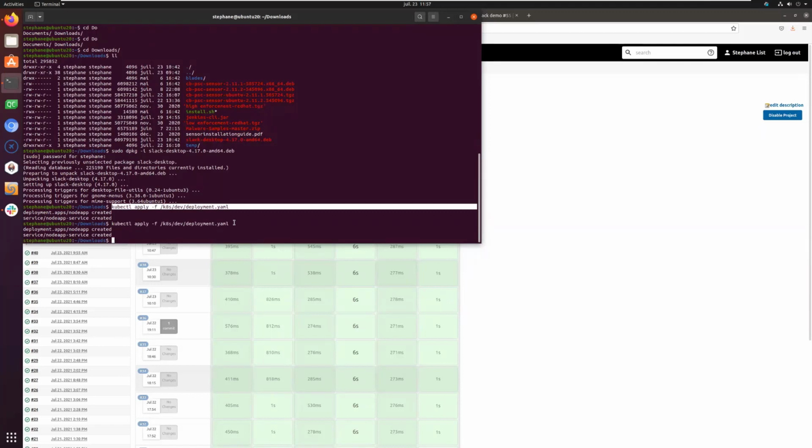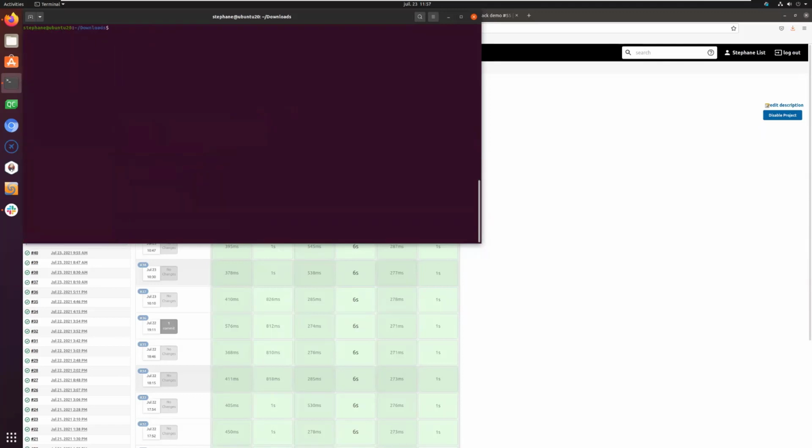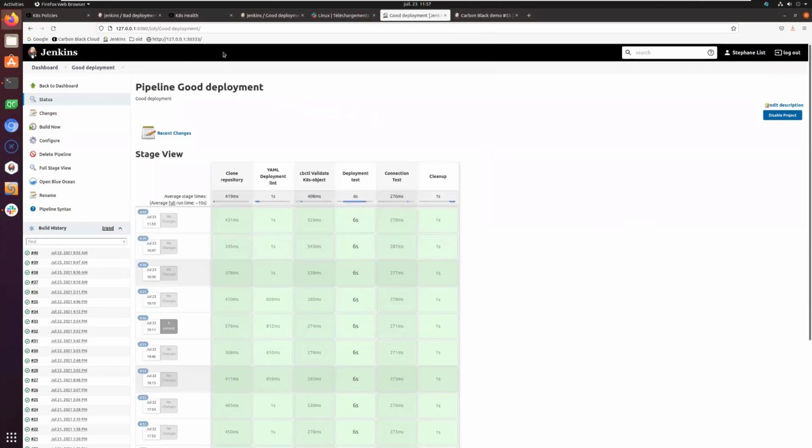And what we can do also is, sorry, where is it? Just 1 second. So I have deployed my image. I can see the result here. So hello from Node.js. So my container image is running. If I list the pod, get, I can see that Node app is running.